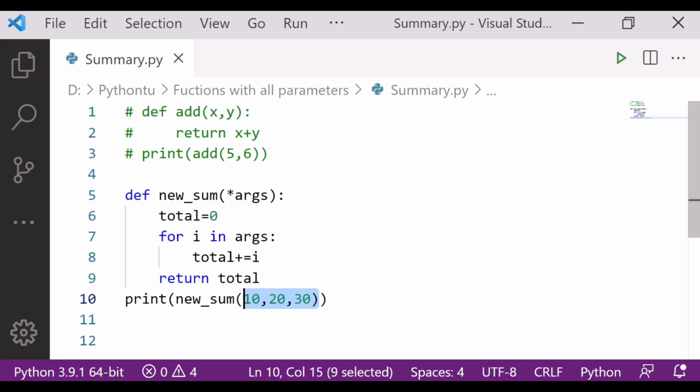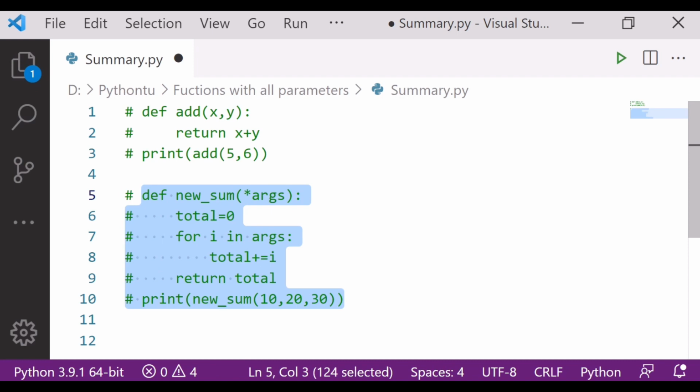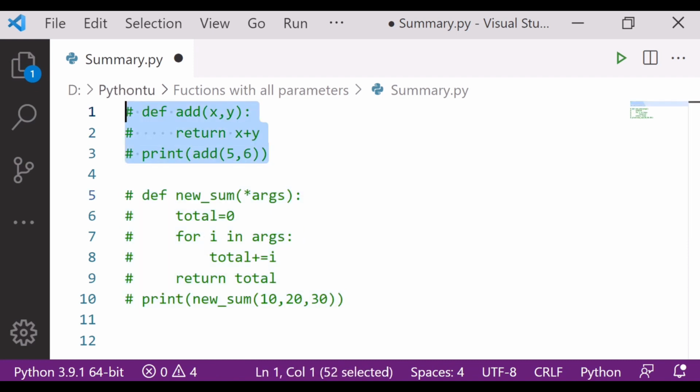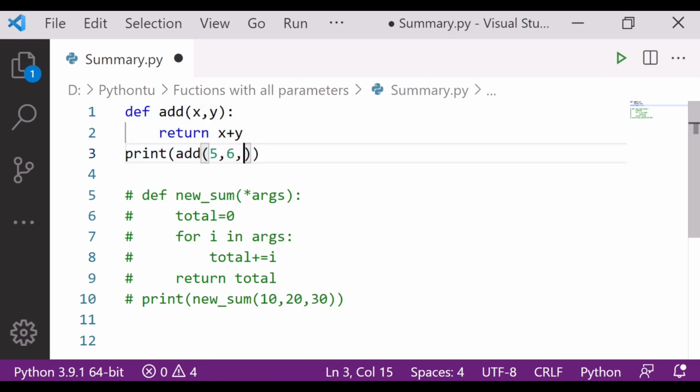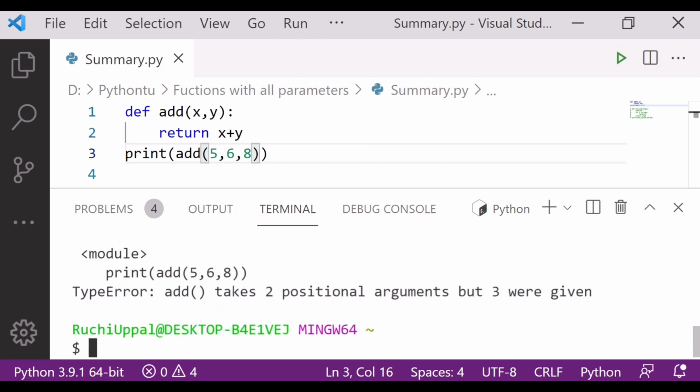I have passed three parameters. Wait a minute, let me comment it out so that things are clear. Suppose I am not using args and I am writing 8 here, and I run this again. What would be the output?